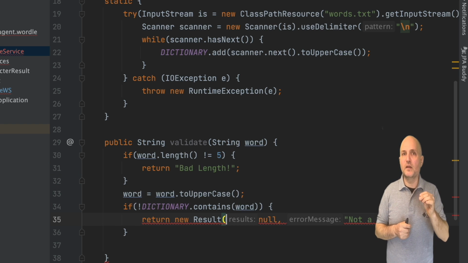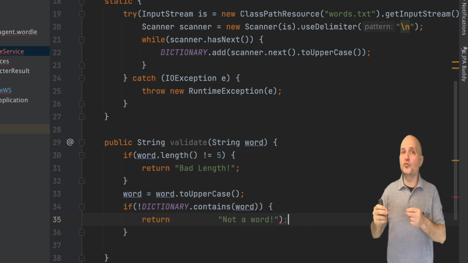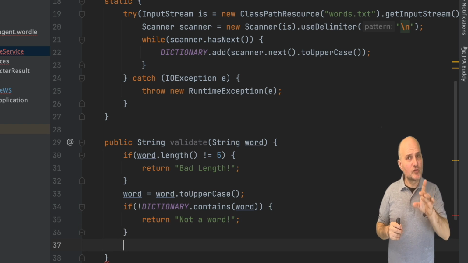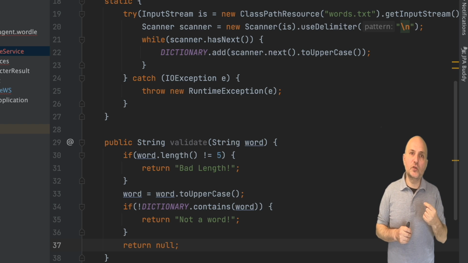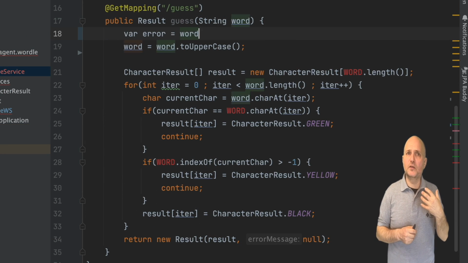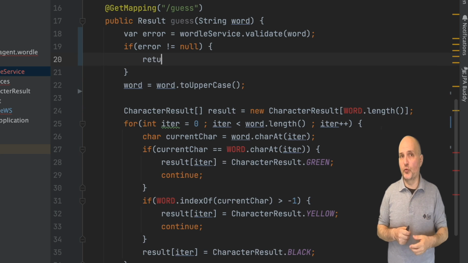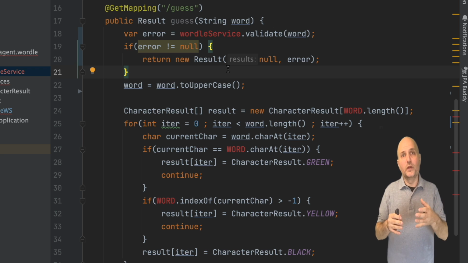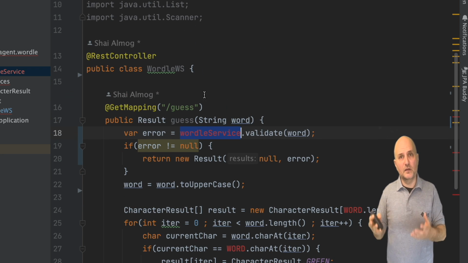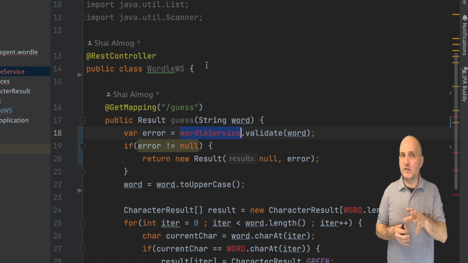Once we paste it in the validate method, the compiler kindly shows us that we're supposed to return a string, not a result object. So we remove the code to create a result object, which solves that problem. If the word is good, we just return null on the last line of the method. Next, we need to invoke the Wordle service to validate the code instead of the code that was originally here. We invoke the method, then if it isn't null, we return the error, same as it was before.